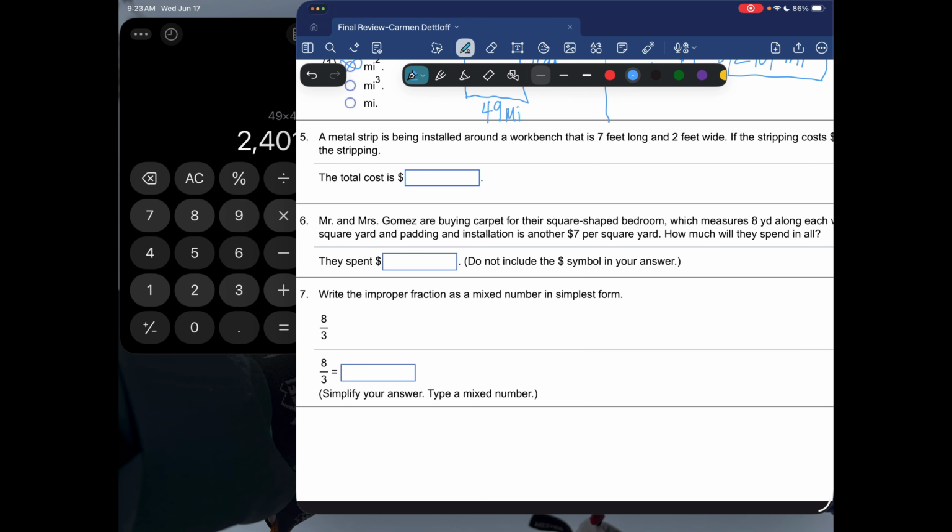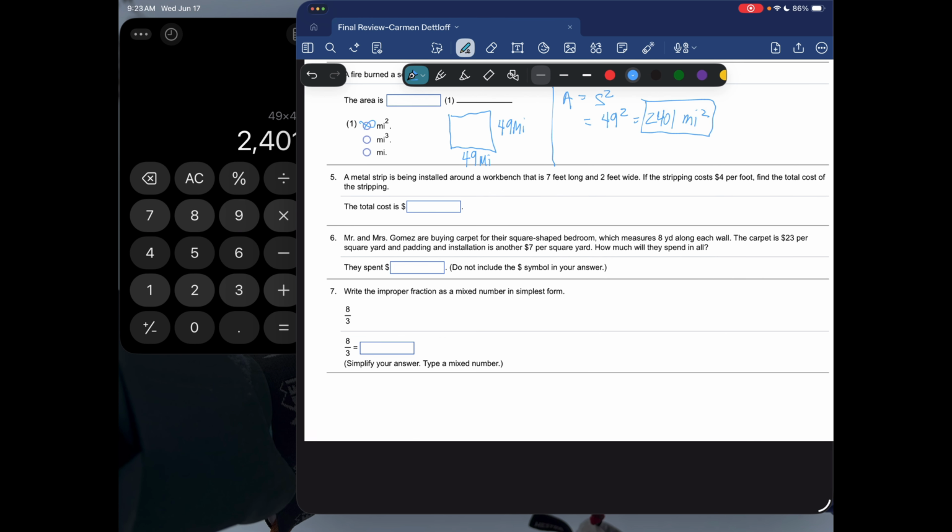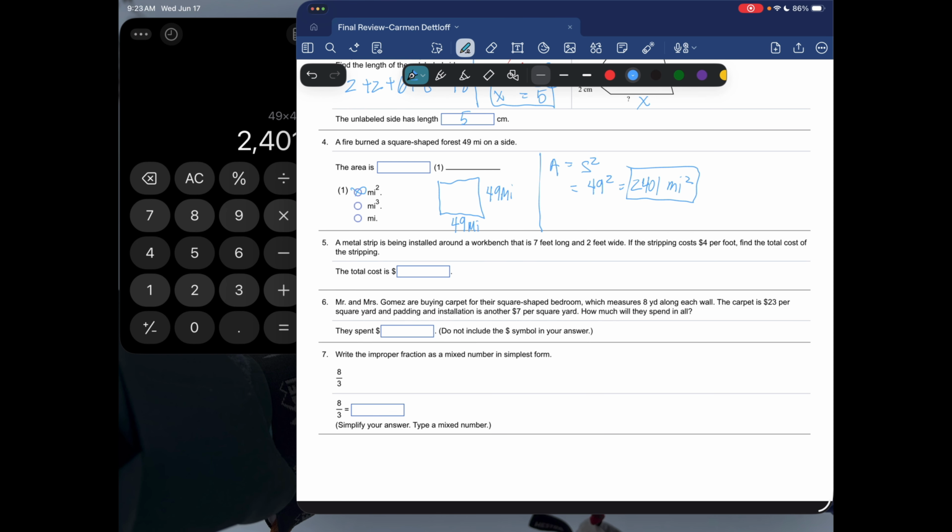A metal strip is being installed around a workbench that is 7 feet long and 2 feet wide. The strips cost $4 a foot. Find the total cost of stripping. So first I need the area that I'm looking at. The area of a rectangle equals base times height. So my base is going to be 7 times 2, which is